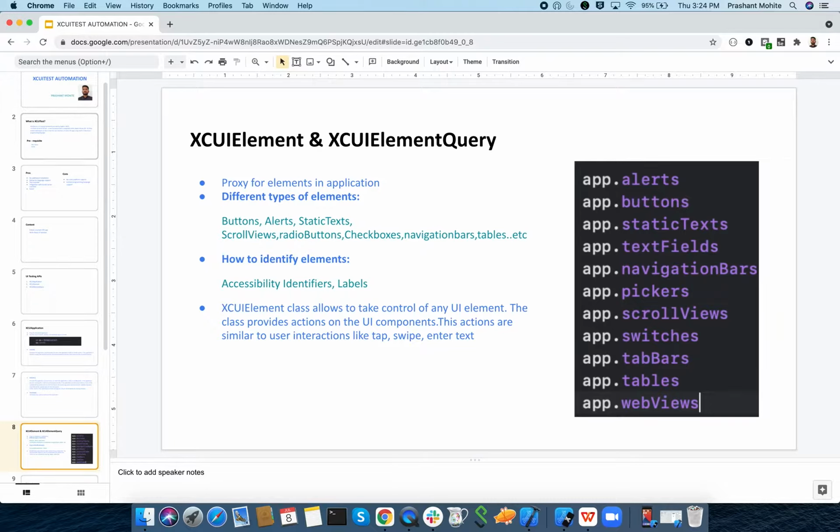So what are the different types of elements? There are buttons, alerts, static text, scroll views, text fields, radio buttons, checkboxes, navigation bars, tables, pickers, switches, and web views. These are the different types of elements.